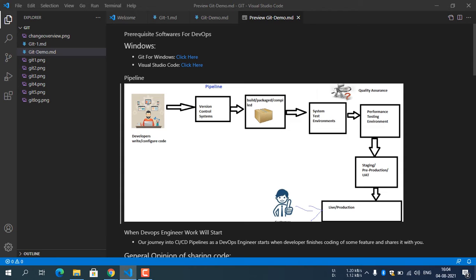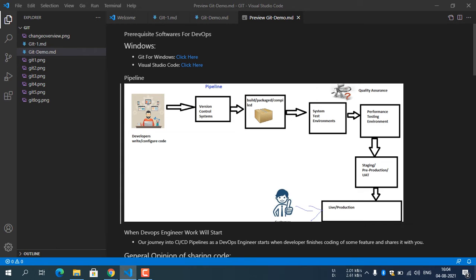After committing the code to Git, which is on GitHub, we take that code, build a package, and deploy it to different environments. It may be a test environment, a performance testing environment, a staging environment, or a live environment. Depending upon the requirement, we deploy that package. A package is like software in the form of an exe in the Windows operating system. In the real world there will be war or jar packages. That package will be deployed to different servers.